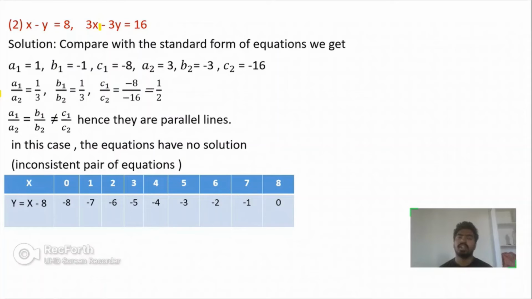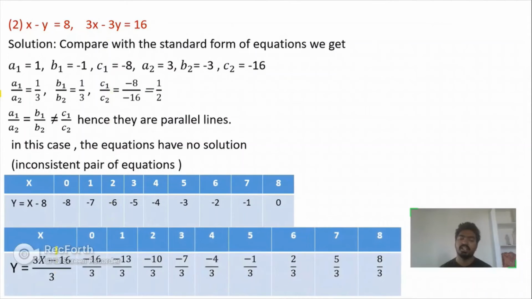Similarly, for the second equation, we are obtaining a table, that is 3x minus 3y is equal to 16. From that we are writing 3y is equal to 3x minus 16. So y is equal to (3x minus 16) by 3. So again, if I am choosing x value as 0 and I substitute the value of x in the expression y is equal to (3x minus 16) divided by 3, then I am getting 3 into 0, 0 minus 16 by 3, that is minus 16 by 3. And similarly, if I choose x is equal to 1,